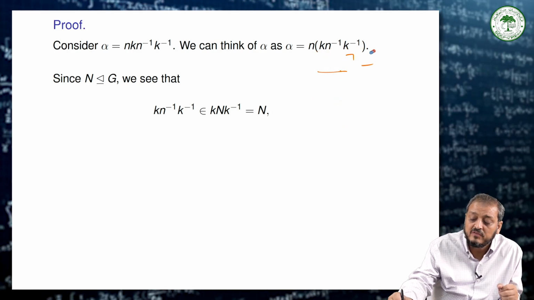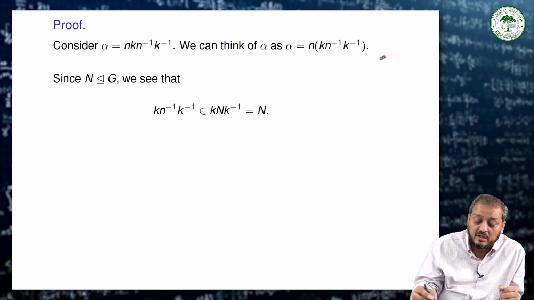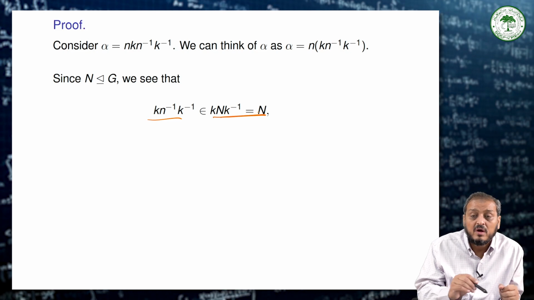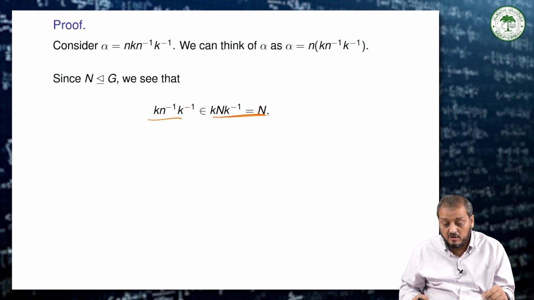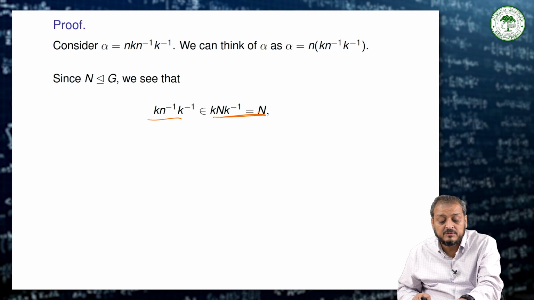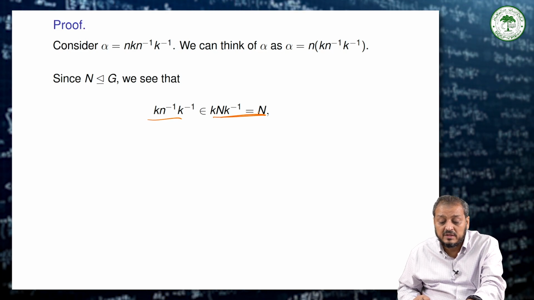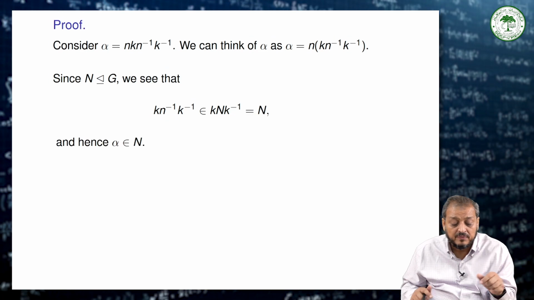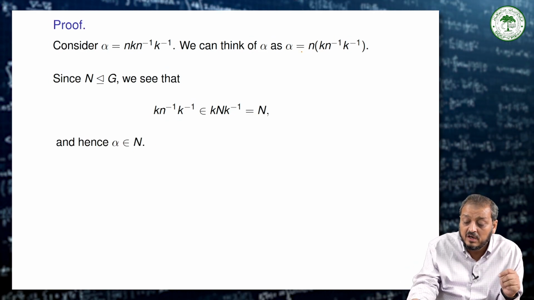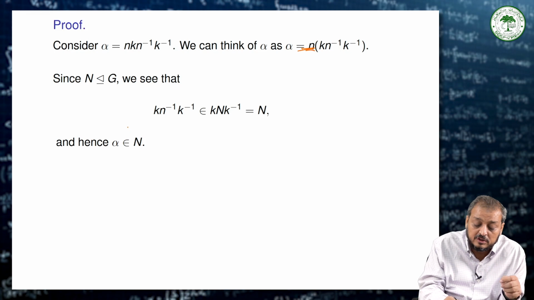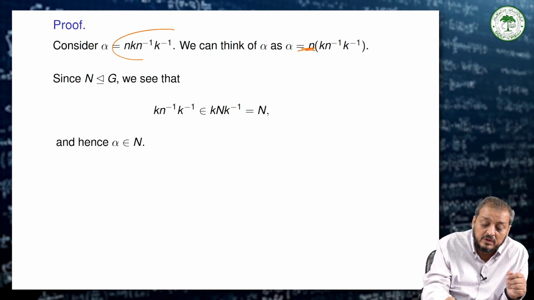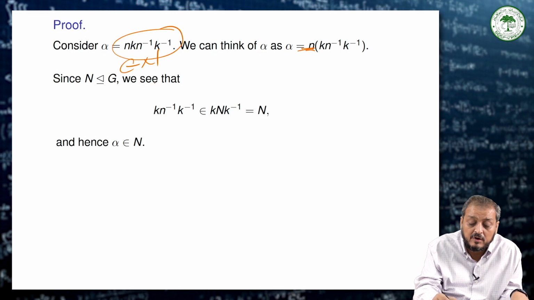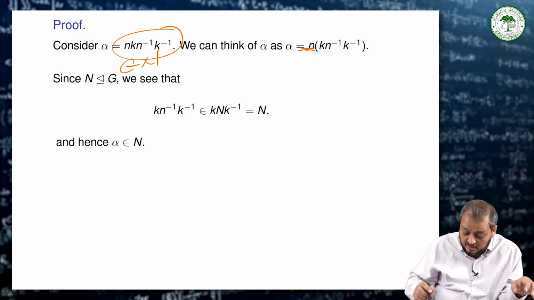So this means clearly we have to say this is an element of, this is nothing but equal to N, by the definition of normality. And then if this whole thing belongs to N, then k and k inverse, and k inverse is an element of K, hence alpha is equal to this, and this is already N. So this means this alpha, this whole thing, is an element of N. If this whole thing is an element of N, then we have to